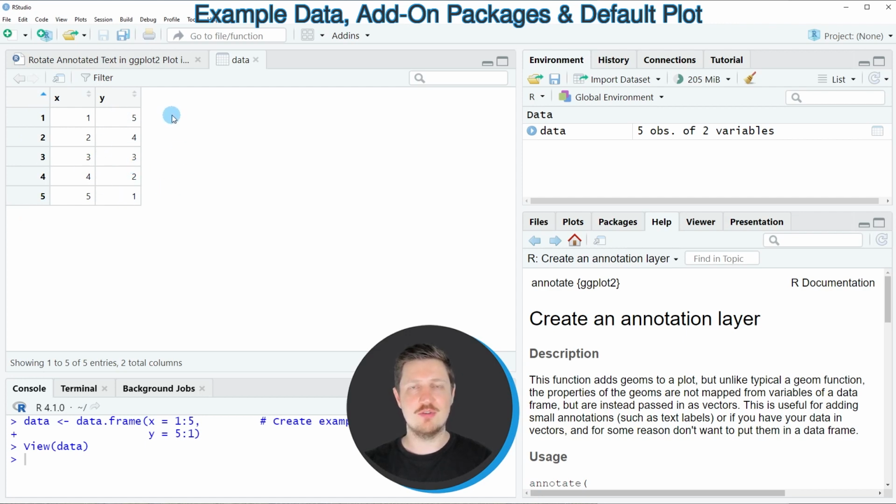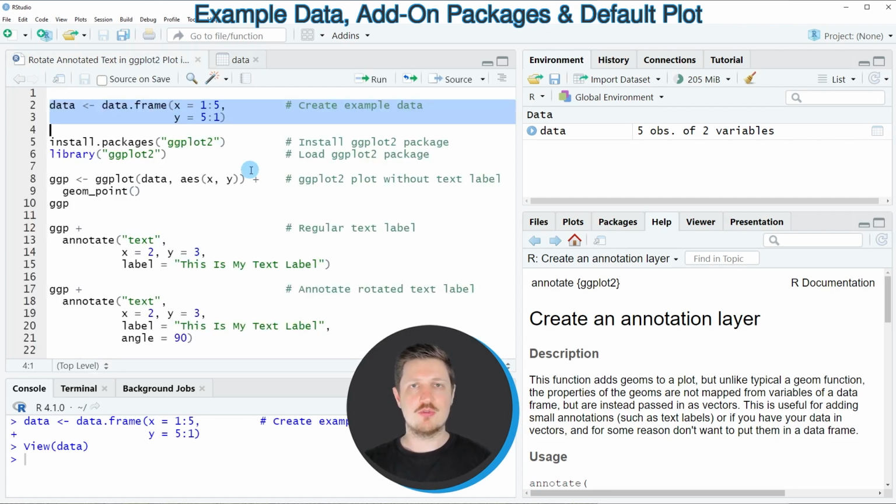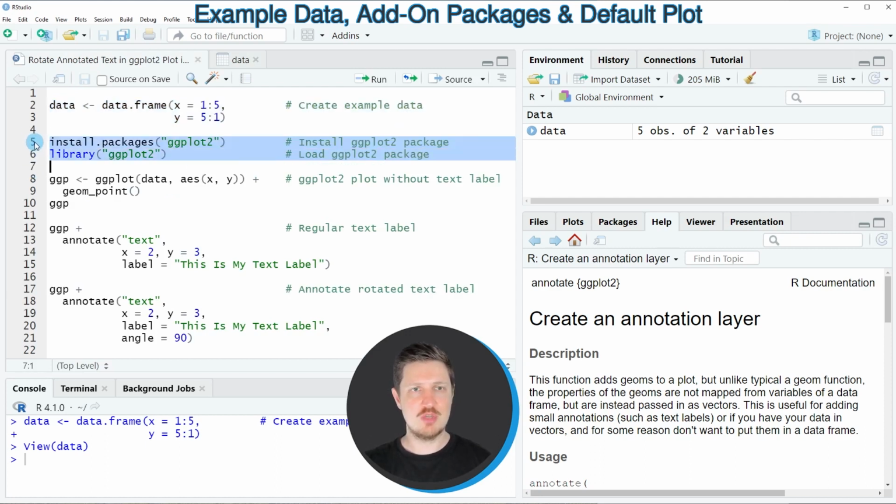and both of these columns contain numeric values. Now, if we want to draw these data using the ggplot2 package, we also need to install and load the ggplot2 package, as you can see in lines 5 and 6 of the code. I have installed the package already, so for that reason I'm just going to load it with line 6 of the code. And after running this line of code, we can use the functions of the ggplot2 package, such as